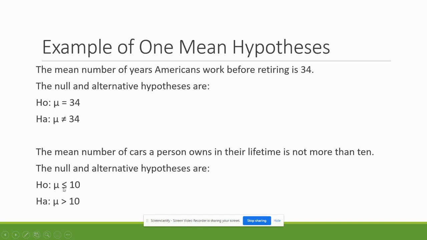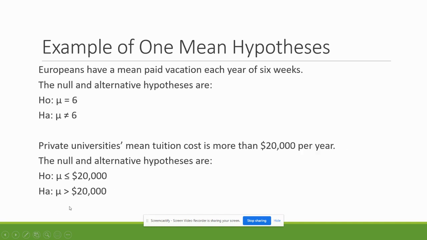And that equal sign right there is okay because again, this is the null hypothesis. The alternative is the mean is greater than 10. So another example, Europeans have a mean paid vacation each year of 6 weeks. Okay? I didn't say it was below 6 weeks or above 6 weeks. I just said it was 6 weeks. So that means my null hypothesis is my mean equals 6, and the alternative is the mean does not equal